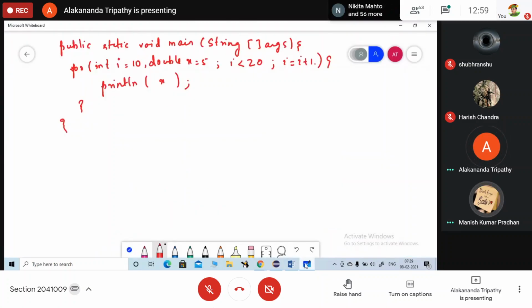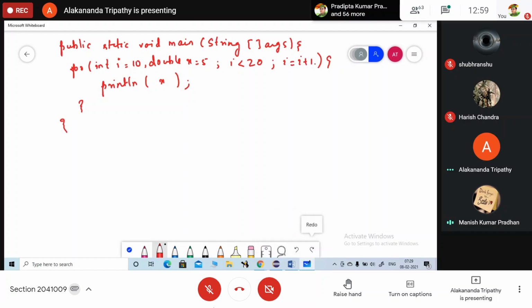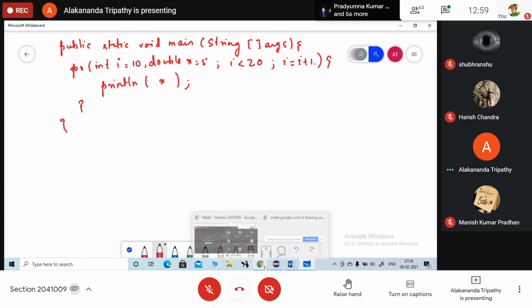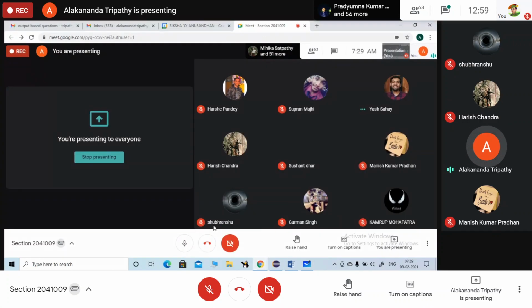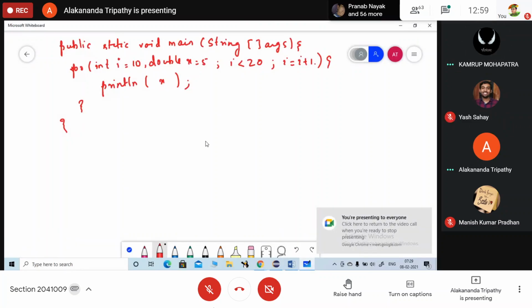Ma'am, 5 and 10? What is the output of this code? Ma'am, 5 will 10, 10. It will print 9 times. Ma'am, again show the question.